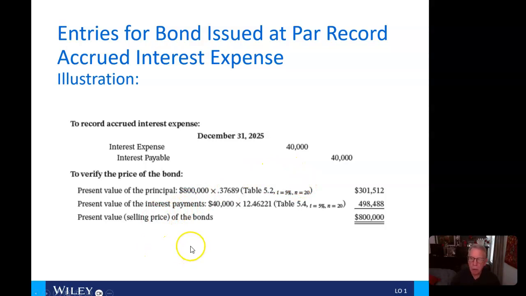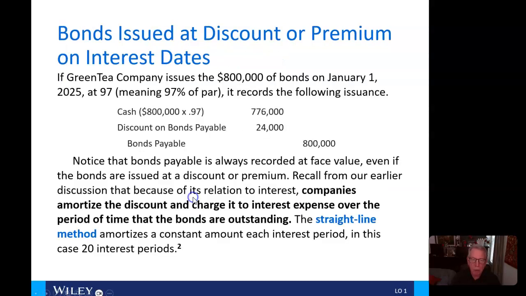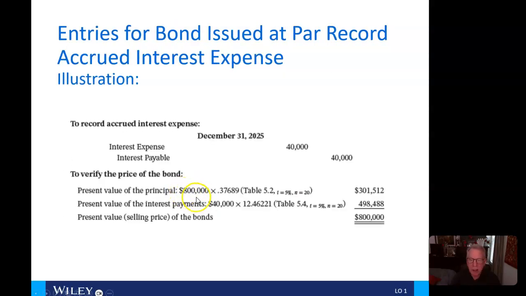Okay, so to verify the price of this bond, we can go through the arithmetic again. And here, this was a 10% bond. So you'll notice that they're using 5% here. That's half of 10% because it's semi-annual. But they've doubled the number of periods from 10 years to 20 periods, right? So we look that up in table 5.2. We know we have to pay back that entire $800,000 at the end of 10 years. And so the present value of that is going to be